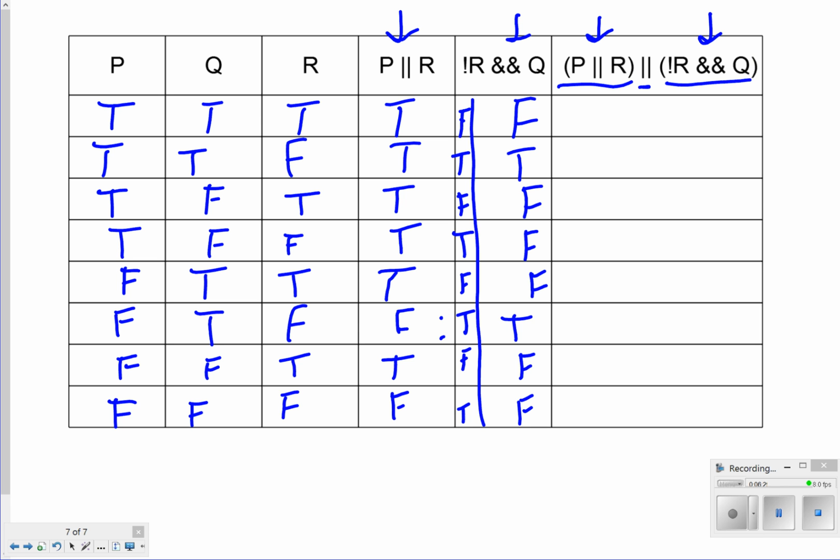Now let's see. Applying this, which is P or R, with this, and that's this. So I'm applying those with an or here. True or false, true. True or true, true. True or false, true. True or false, true. True or false,